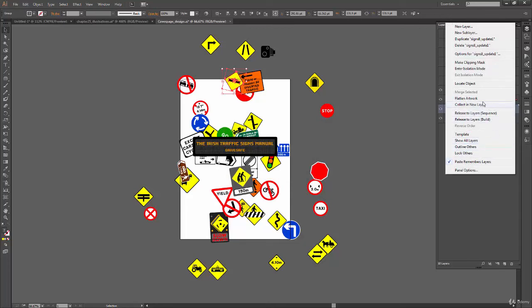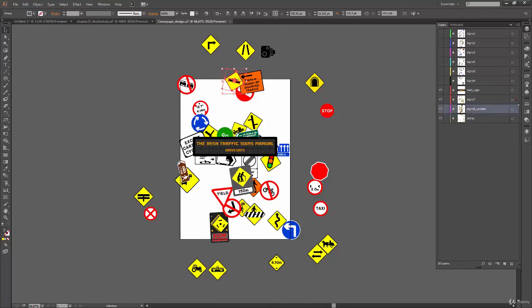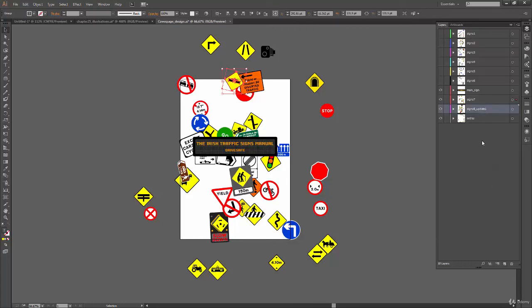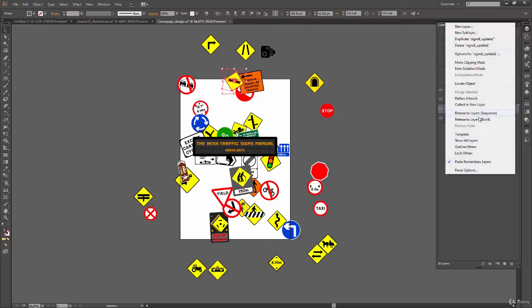Now we have flatten artwork and collect in new layer. What collect in new layer does is, whatever objects you have in your layer, it will create a new layer inside your layer. So let's say I click on the sign 8 update one layer and click on collect in new layer.